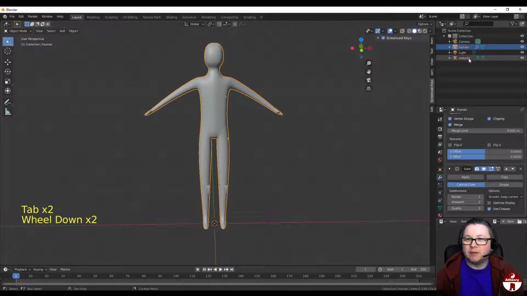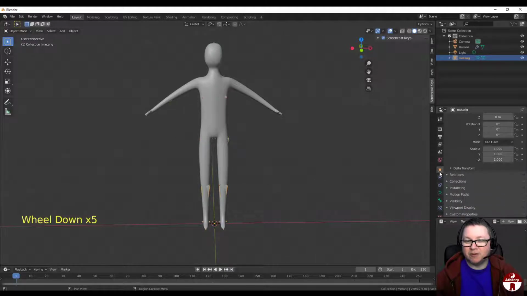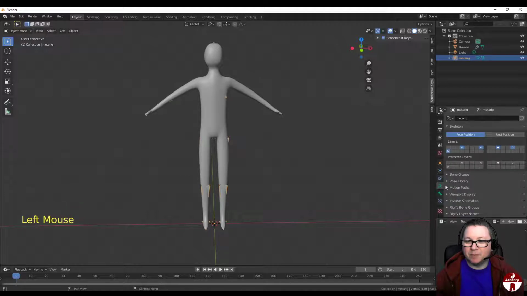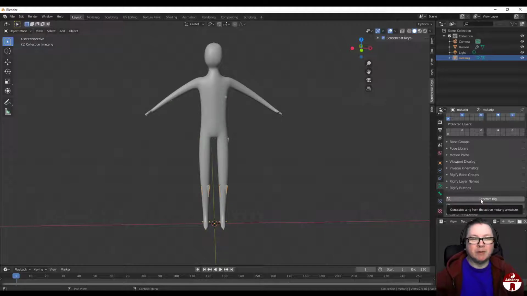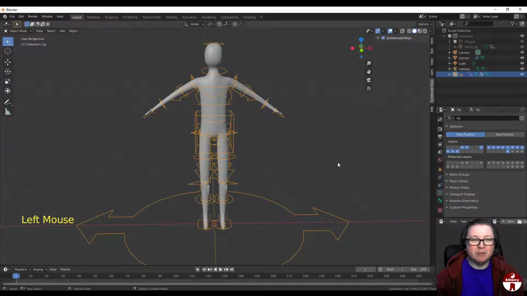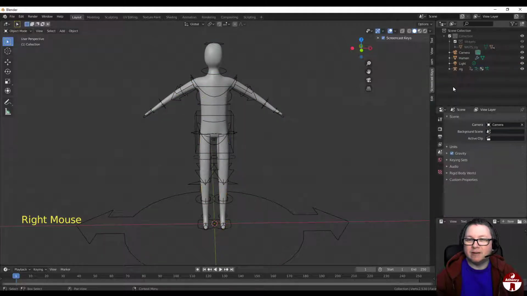All right, so let's go to our meta rig here, and let's use that now to generate an actual rig. So this is not a rig, it's a meta rig for generating rigs from. Sorry, we should make sure we're in object mode. So on this panel here, it's got generate rig. When we hit that, it's going to build a rig based off of the meta rig. So we're now done with the meta rig actually, and I can just delete it